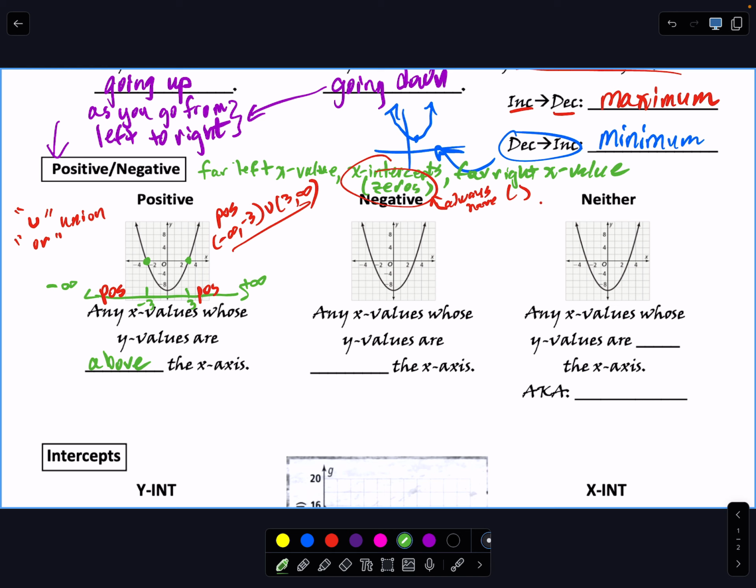For negative, any x value whose y values are below. And so again, we have -infinity, we have the x-intercepts of -3 and +3 and then positive infinity. And for all of these x values, the graph is below. So the x values for which the function is below are,